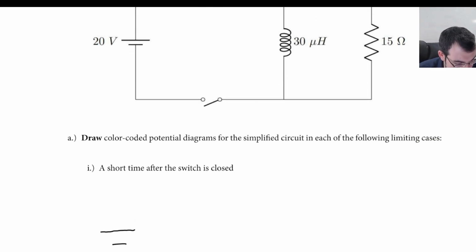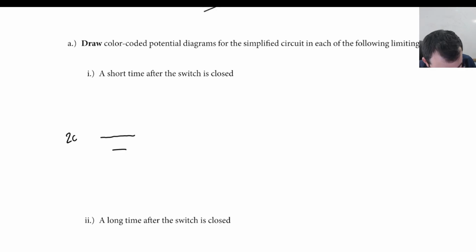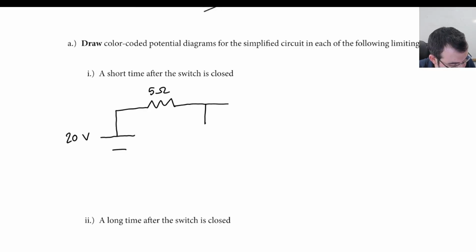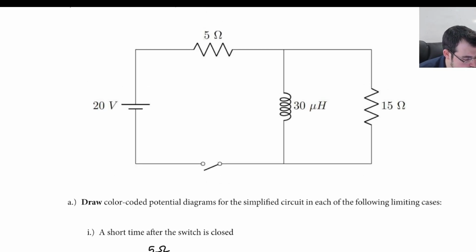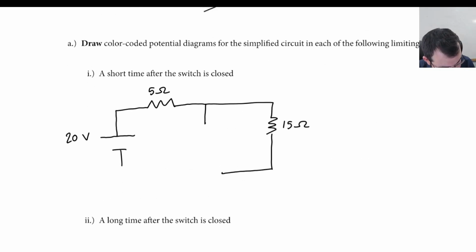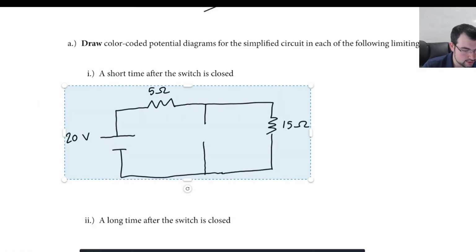So this is a numeric problem. You're 20 volts. You are 5 ohms. I'm not going to draw anything down the inductor branch. You are 15 ohms. And that's it, actually. So this is our circuit, and again, we know that at short and long times,